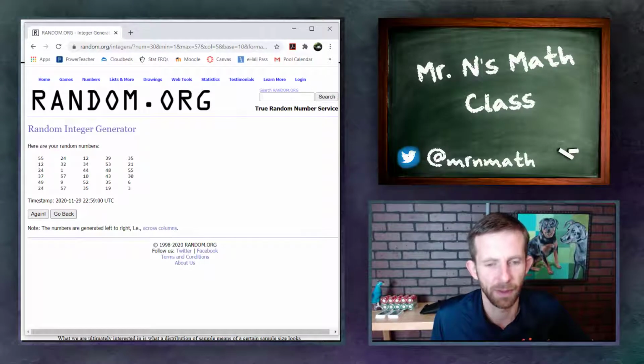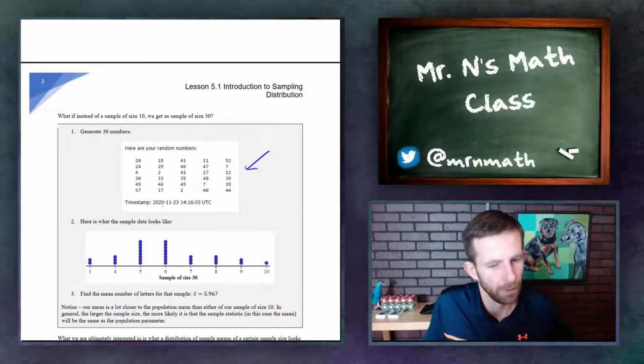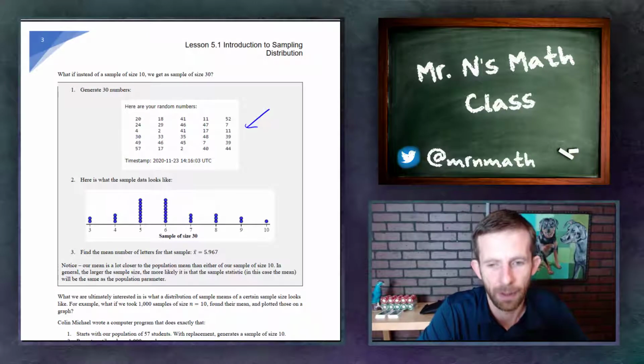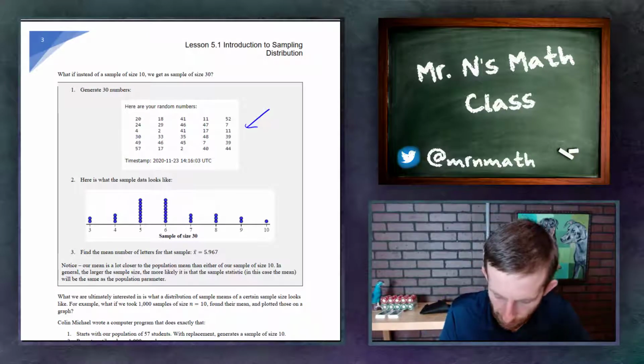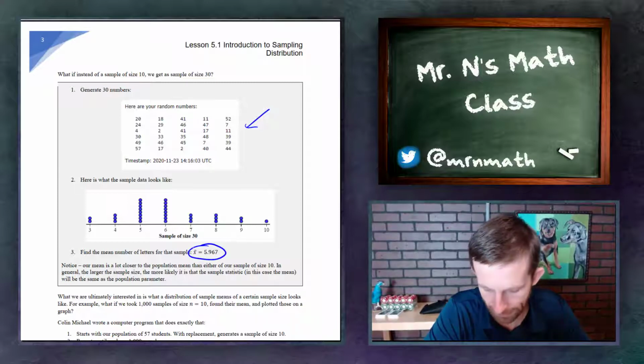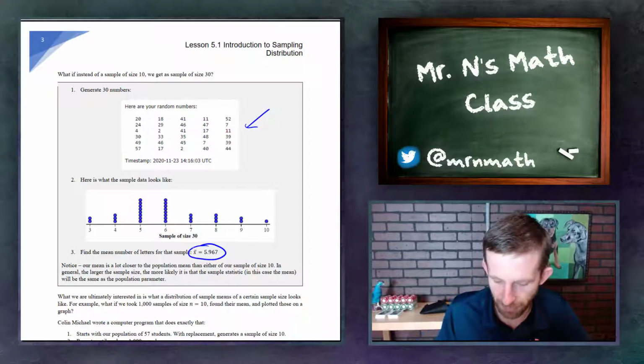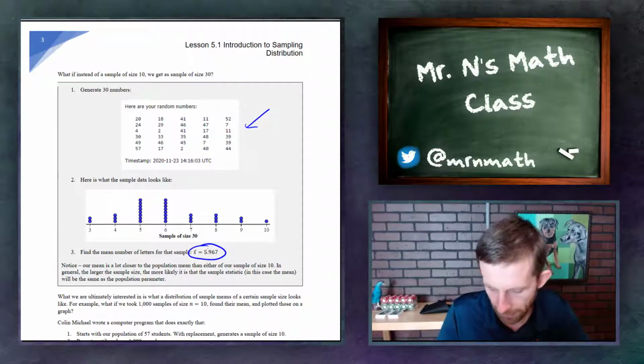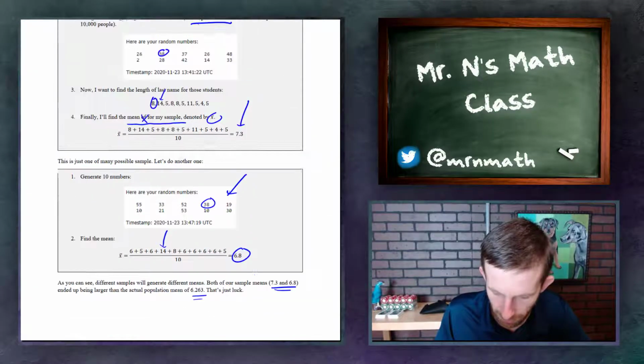So 55, I think we said is Sam Walker. And now I take a look at my sample, and I find that the mean for that sample is 5.967, which is a lot closer to the 6.2,